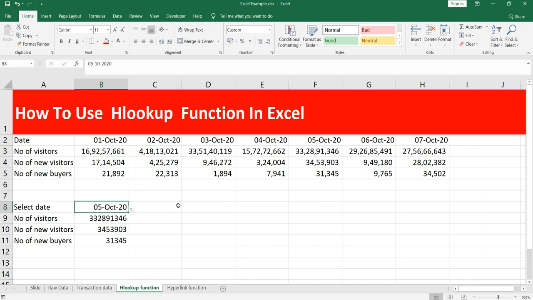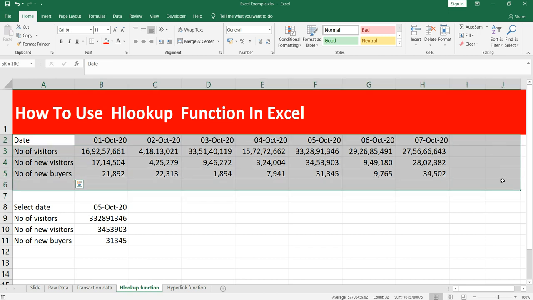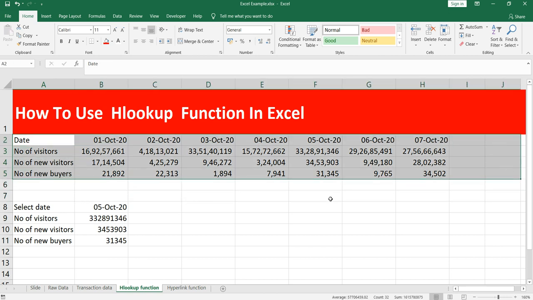So what we need to do is get the values based on a particular date. For example, you publish a dashboard or a report where your CEO or your manager selects a particular date and gets the values of these three columns, and he doesn't want to see this entire raw data set in a single sheet. So how can you do it, how will you get the values?